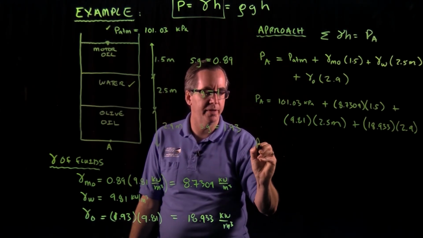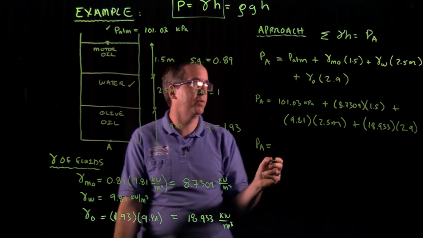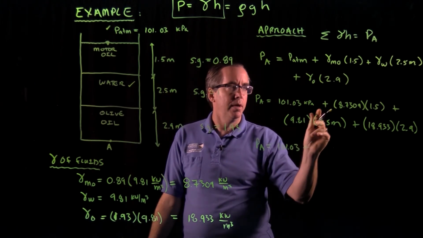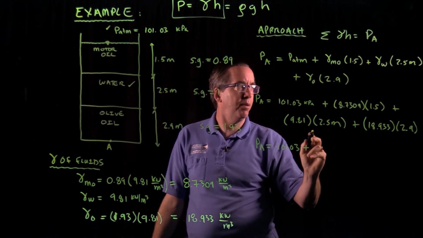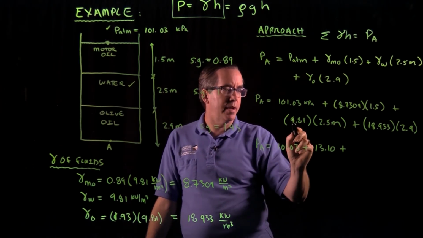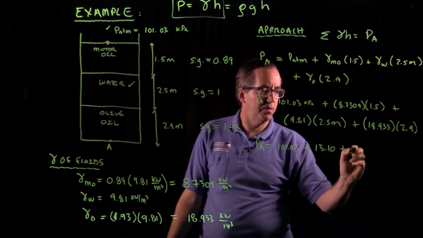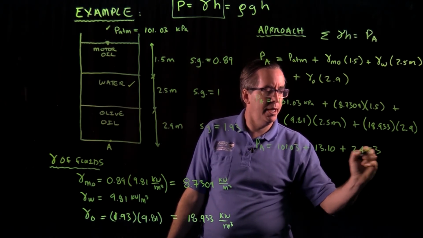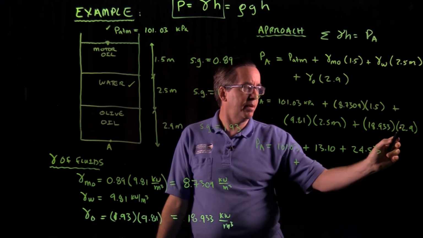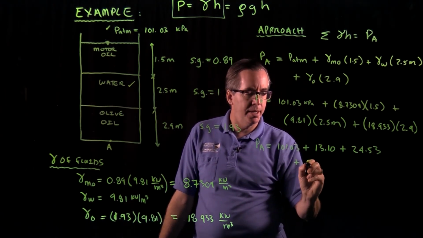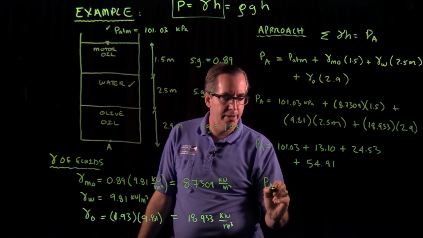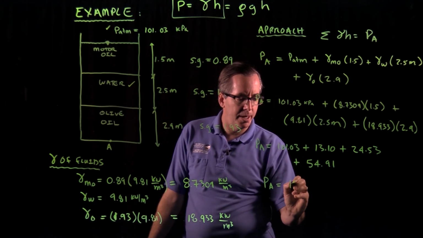Just spelling this out a little bit to make sure I didn't make any calculation mistakes, I get 101.03 for the first term. 8.73 times 1.5 comes out to be 13.10. 9.81 times 2.5 comes out to be 24.53. And then the last term, 18.933 times 2.9, comes out to be 54.91. And so our final answer for the pressure comes out to be